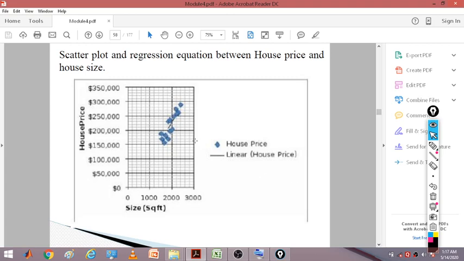Now we have a scatter plot for that. This shows x as the independent variable and y as the dependent variable. The price of the house depends on the size of the house, so price is the dependent variable and size is the independent variable. We are plotting this on the graph. You can see there is some sort of linearity between the points plotted on the graph, so you can say this is forming a linear regression.